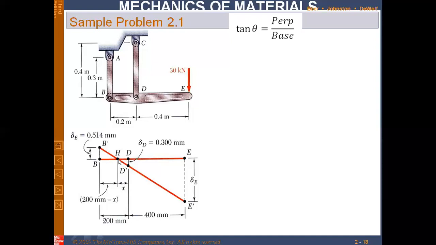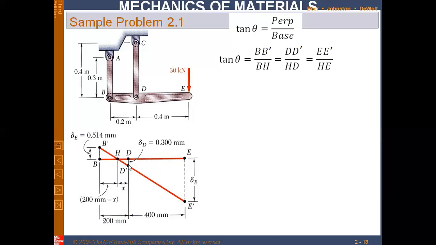In this small triangle H D D dash, this would be theta, and also in this bigger triangle H E E dash, this would be theta. So tangent theta in this triangle, the perpendicular is B B dash, and the base is BH. We are considering this triangle BHB dash. So tangent theta is BB dash over BH is equal to